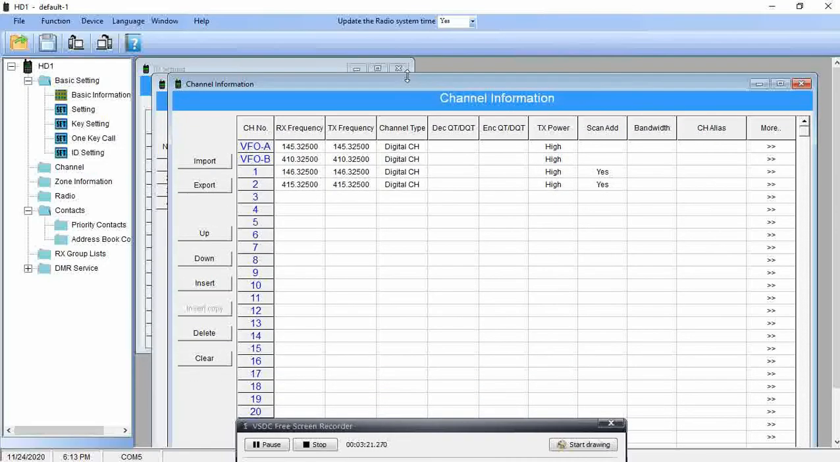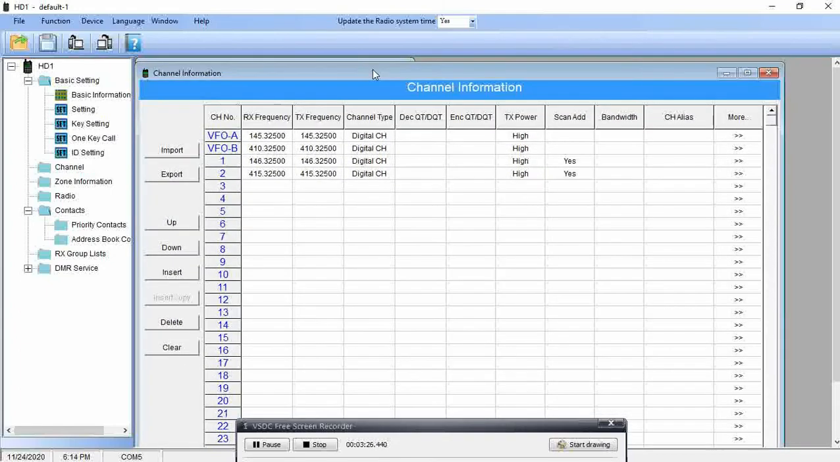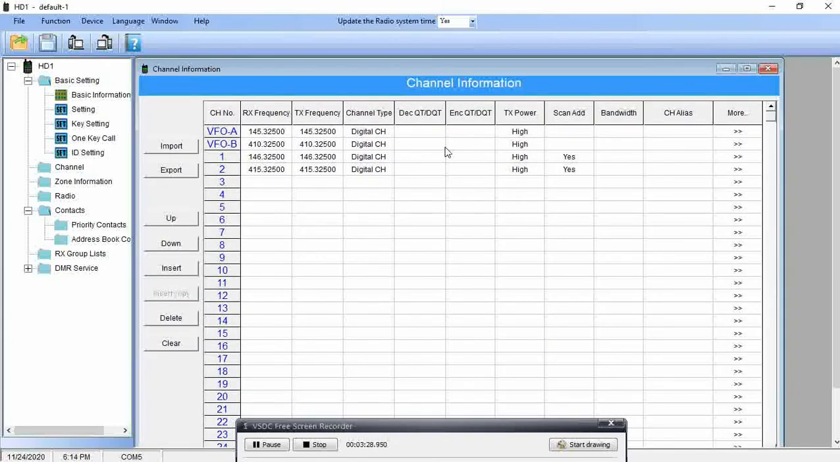Let me move this up here. Scale that back down. Alright, so it also comes pre-populated with some frequencies, all that good stuff. VFOA and VFOB, we can leave those as is for now. What we're going to do is actually program in some channels. So the first one I'm going to do is going to be one of the digital repeaters here. So the first one is going to be a receive frequency of